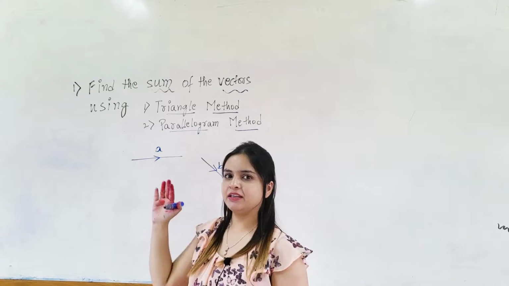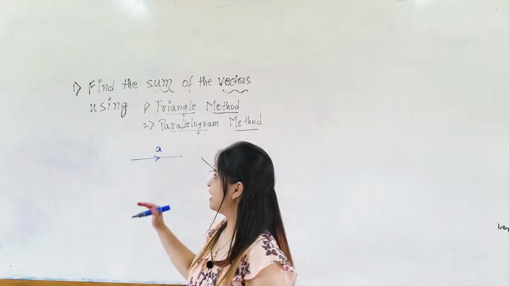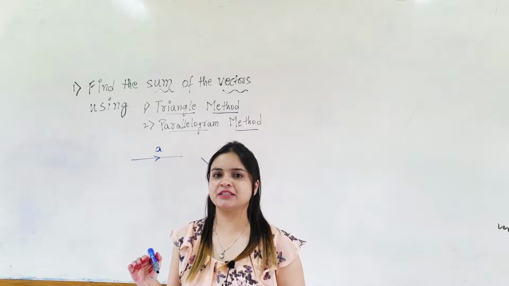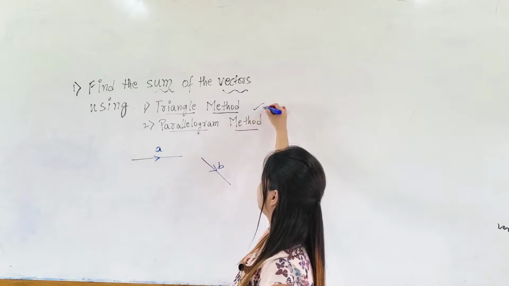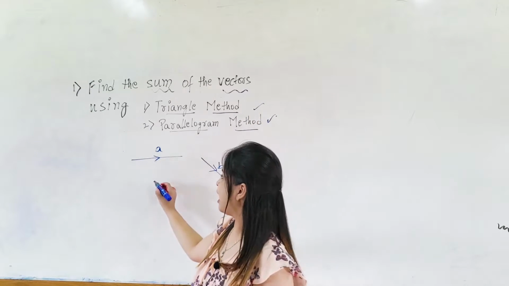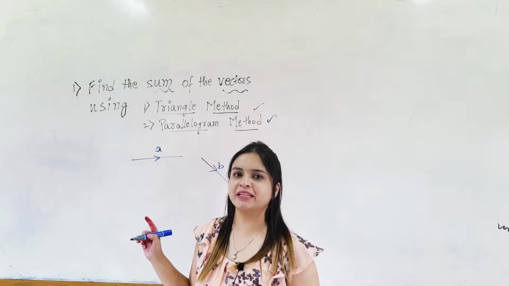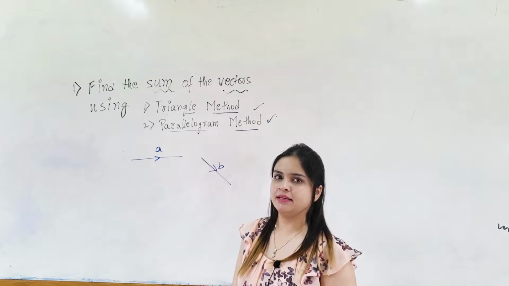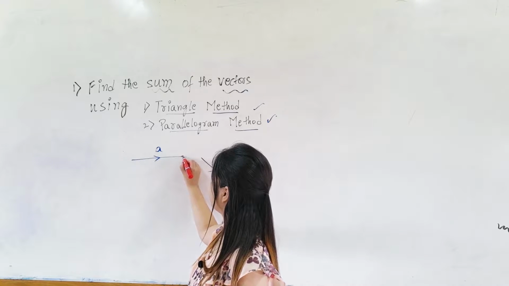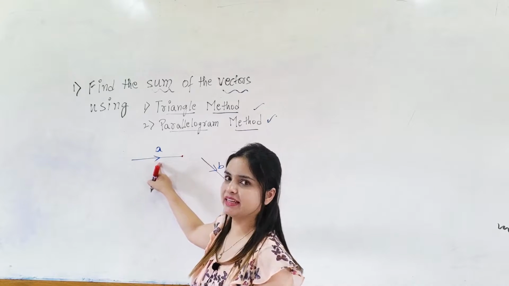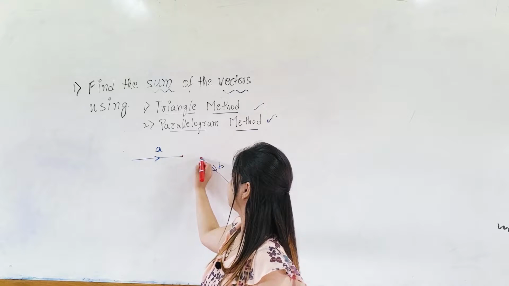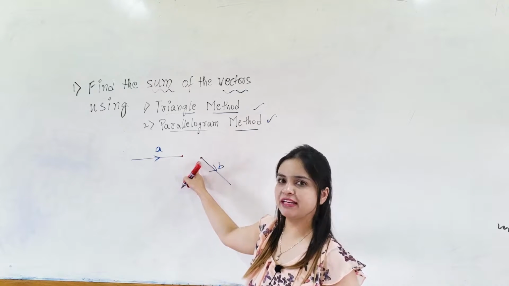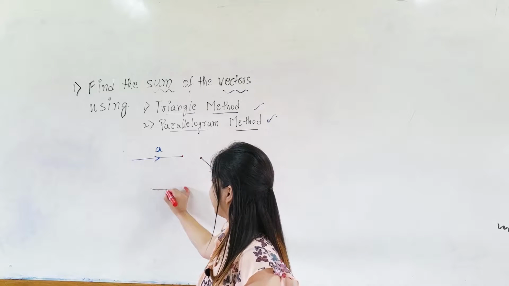Now, if we go back to my previous video, I told you that we can find the sum of any two vectors using these two methods. Now, how are we going to use the first method to find the sum of vector A and B? If you look at the vector A and vector B, and if I join these two ends of the vectors together like this,